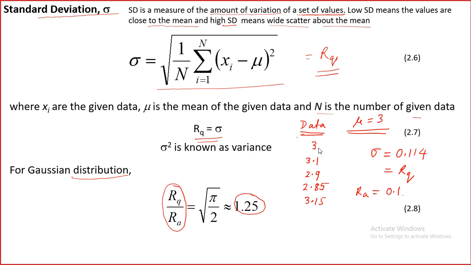Okay, so just for these 5 data points, we can find out the standard deviation, RQ and RA. Here if I do the ratio of RQ over RA, it will be 1.14, right? Yes, sir. So for Gaussian distribution it was 1.25, but this one is 1.14, that means this is not a Gaussian distribution. So this is all the types of